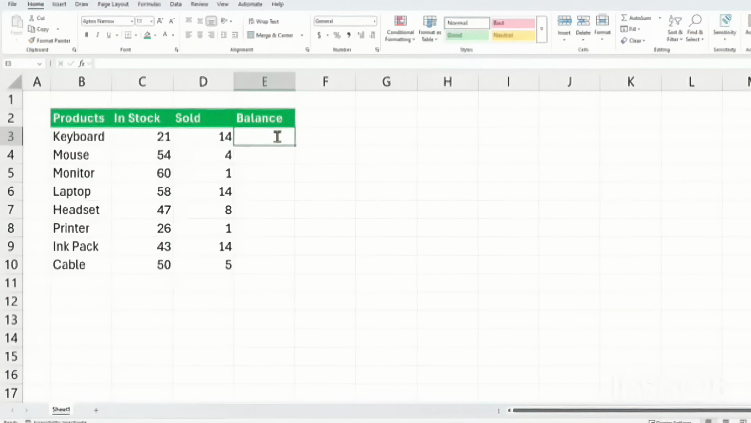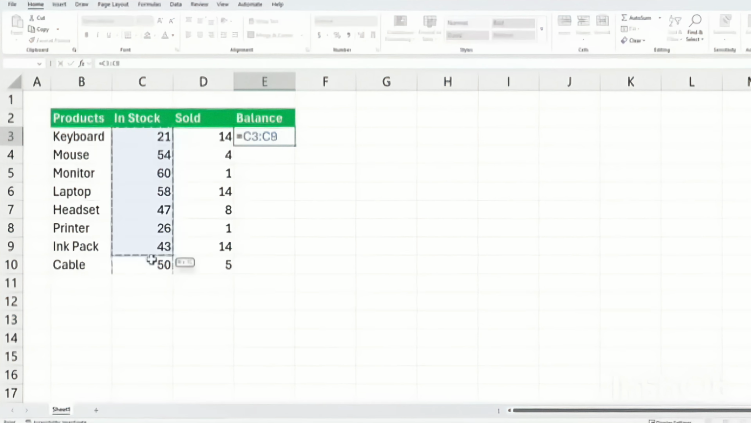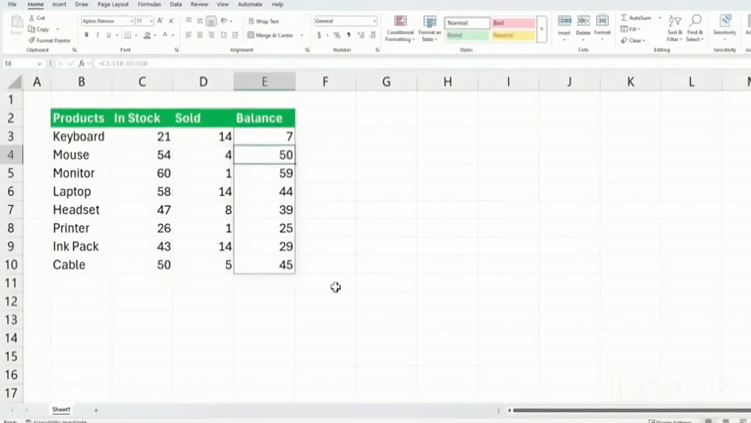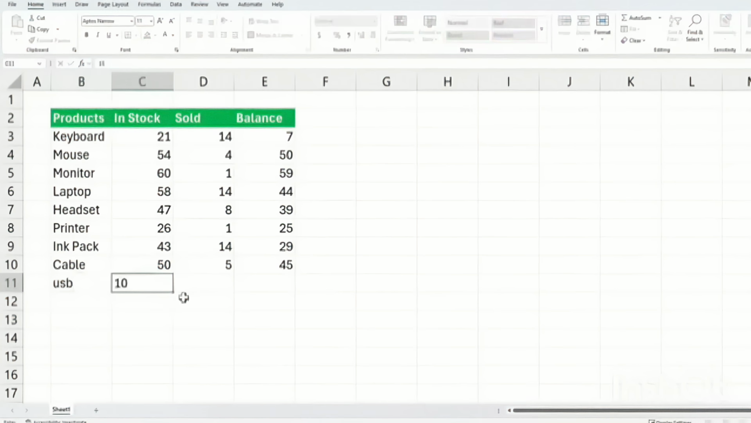If you want to do it for all of these cells, you might think of just pressing the equal sign and selecting all of the in-stock minus all of the sold quantities. As soon as you hit enter, you will see calculated data is filled in all the cells. That said, if I were to add some more data here, you'll notice that the formula doesn't automatically come lower